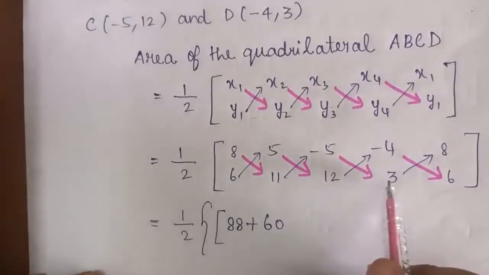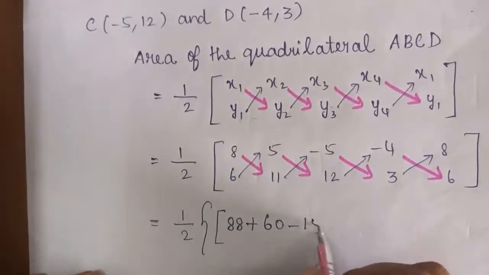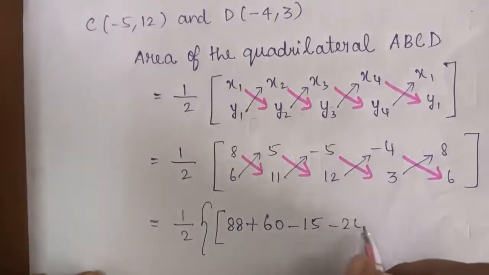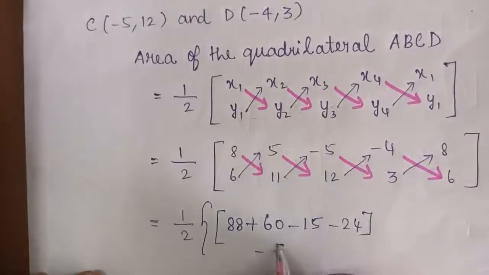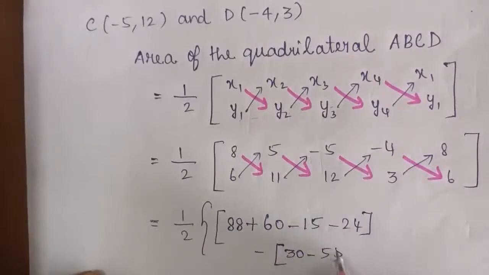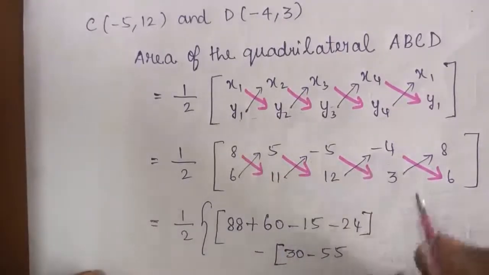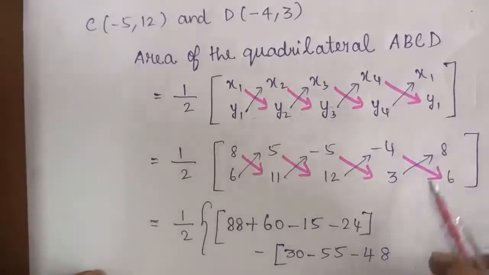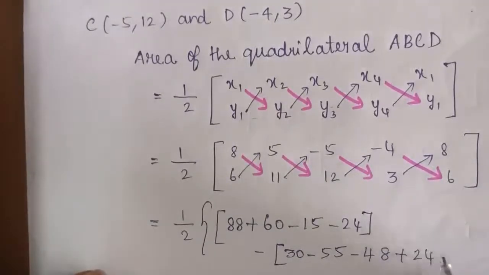Then minus 5 into 3 is minus 15. Minus 4 into 6 is minus 24. Minus 6 5s are 30. 11 into minus 5 is minus 55. 12 into minus 4 is minus 48. 3 into 8 is plus 24,